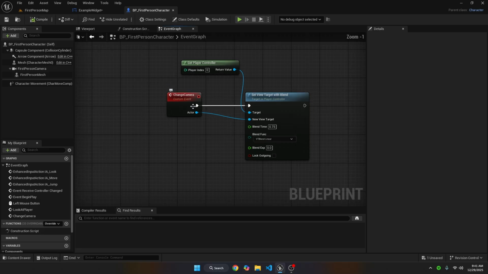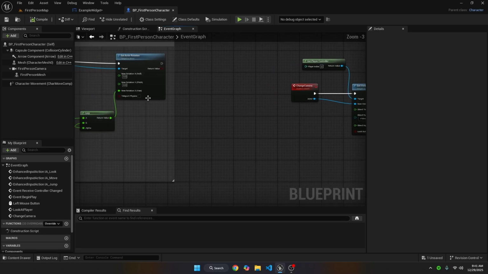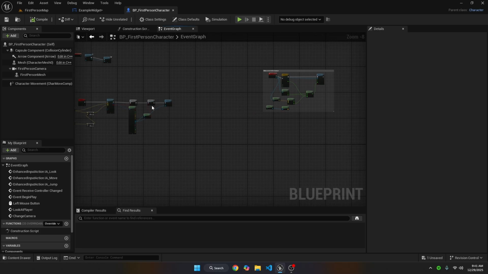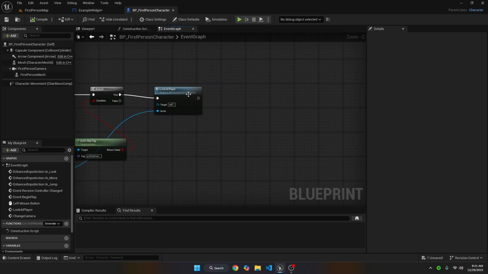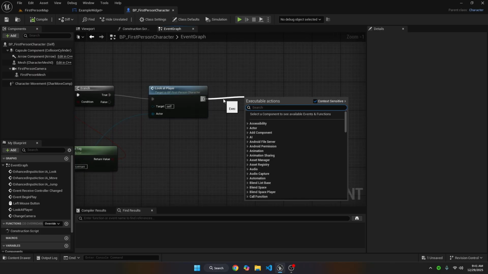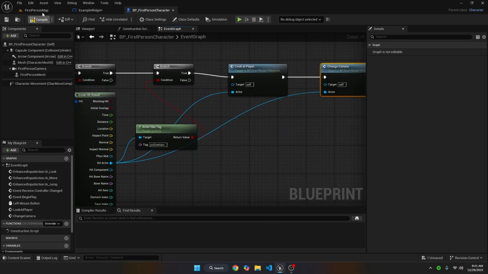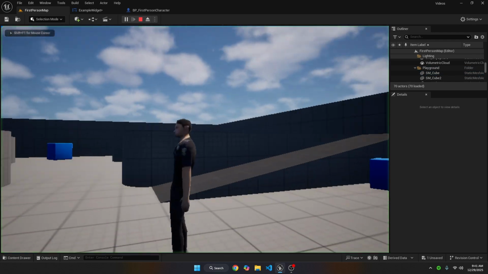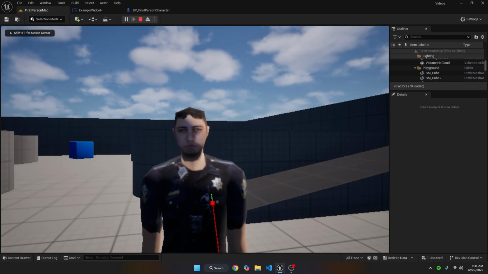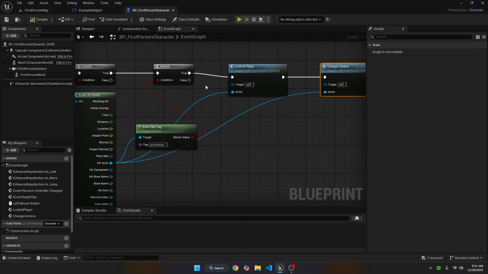That's about it. So to test this, we can just go back into the line trace, and after look at player, we can call change camera, and then the actor is going to be the hit actor. So let's test if this works. So as you see, we've sort of zoomed into the character's face,